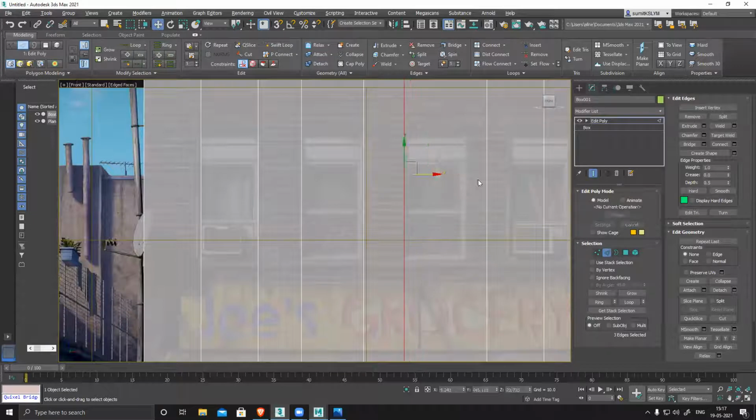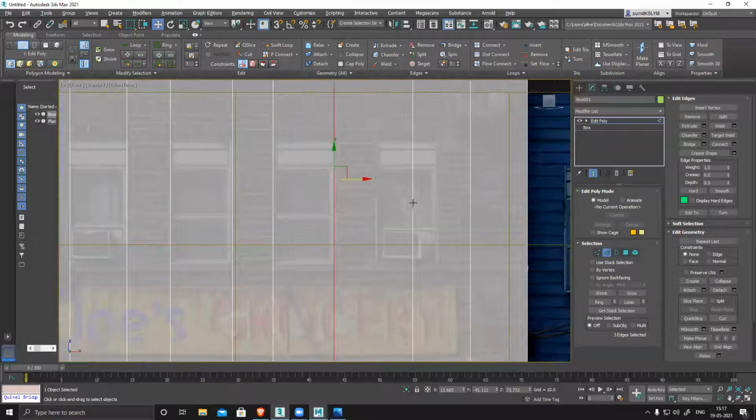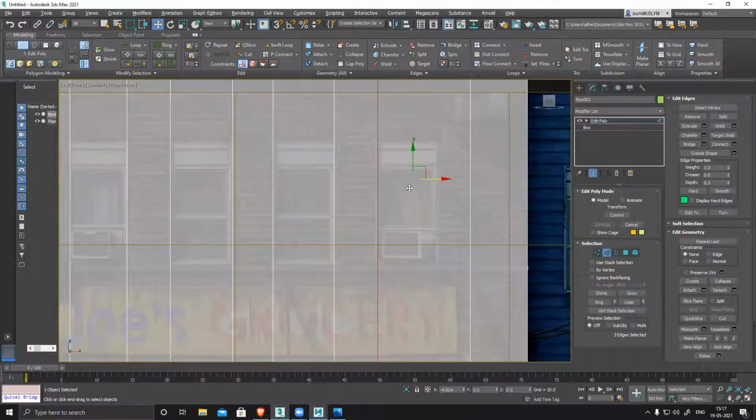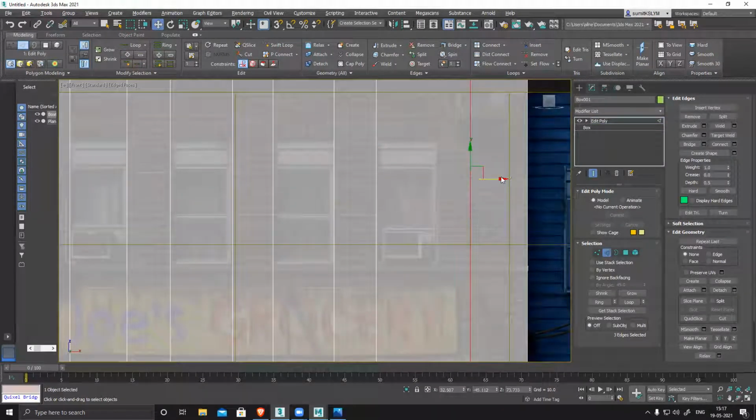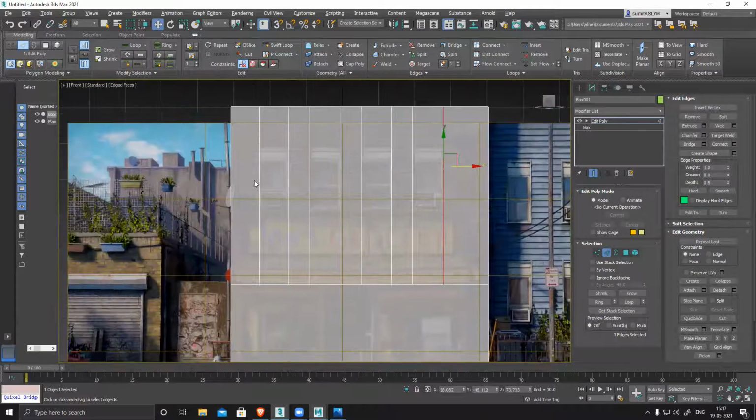One edge at a time. Double click, select the entire loop, and then create it. Done.